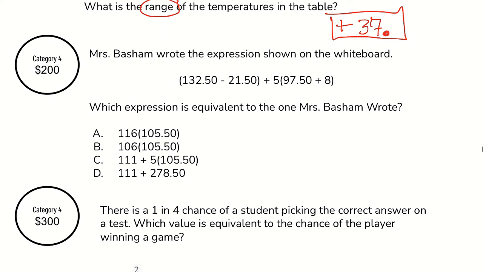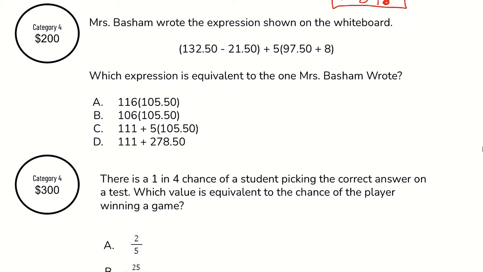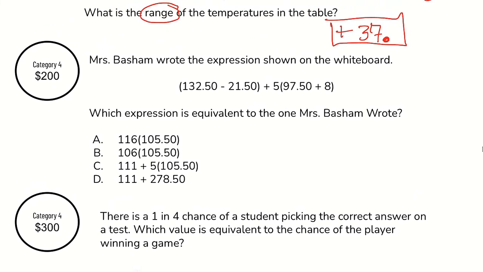Okay. Mrs. Basham wrote the expression shown on the whiteboard. 132.50 minus 20.50 plus 5 times, then in parentheses 97.50 plus 8. Which expression is equivalent to the one Mrs. Basham wrote? So let's see. This looks like order of operations, so I'm just gonna write down the order, just so I know what I need to solve first. So I need to solve the groupings first, so I'm going to subtract